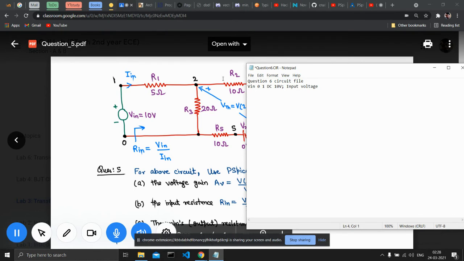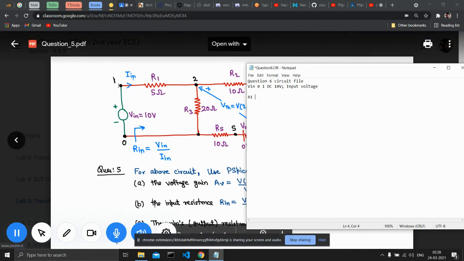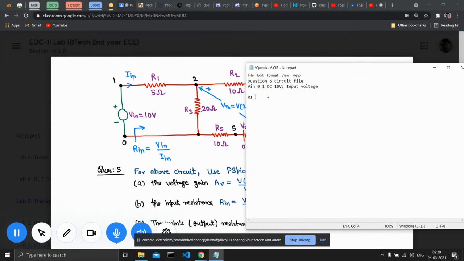So I'll write a resistor here. A resistor always starts with an R, uppercase or lowercase. So I'll write R1. Then you have to specify its position, from which node to which. For a resistor the position does not matter, but if you want to measure the current of the resistor, then here we have to measure the current from 1 to 2, so I is positive here, 1 to 2.